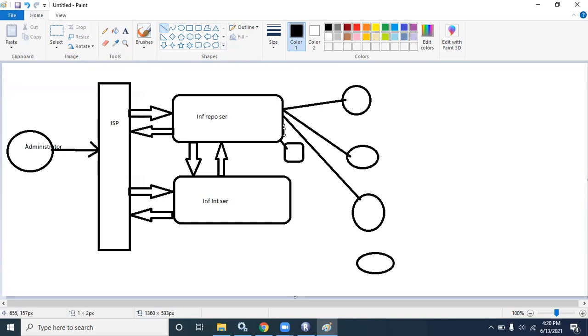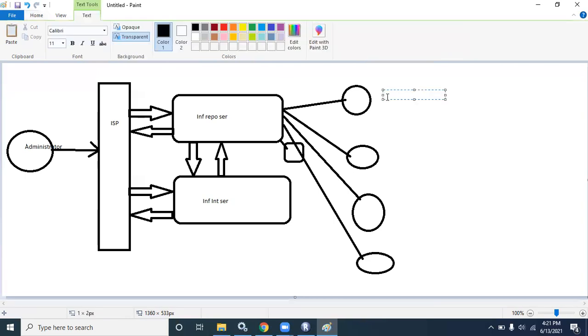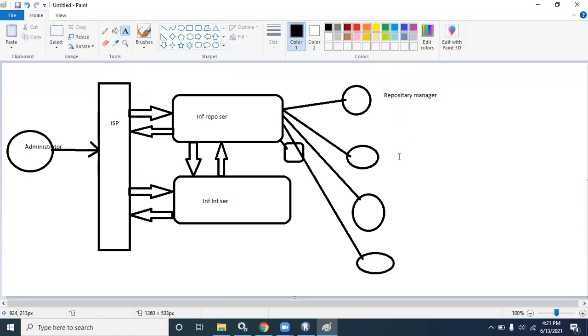Those main things I'll show you, no need to worry. The names of these 4 tools: one is the Informatica repository manager.